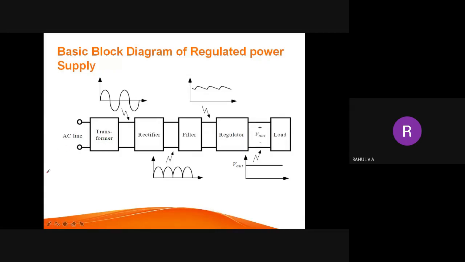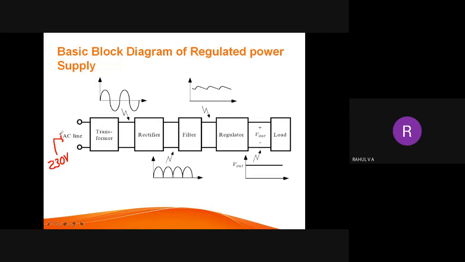The use of this transformer is, you know that when you are using it at your home or industry, if it is a single phase system, we'll be getting 230-volt AC. At your plug point, you know that it is 230-volt. Sometimes it will vary, somewhere between 180 to 240 or 250. It will keep on varying. It won't be 250 every time, but we are assuming it as 230-volt.